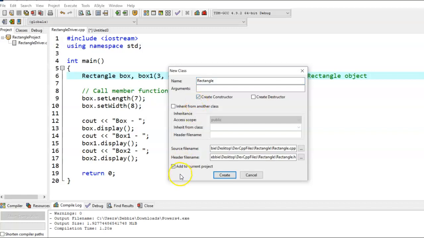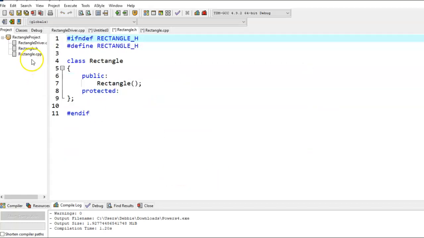Let's see. And you'll notice that there's a check mark on here that says add to current project, and that's what we want. And you'll see what it does is it creates this rectangle.h, which is our class, where our class is defined, our class definition. It puts a macro guard around this for you automatically. And what this does is